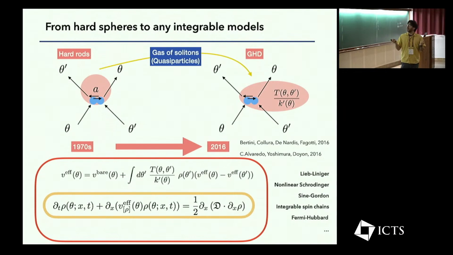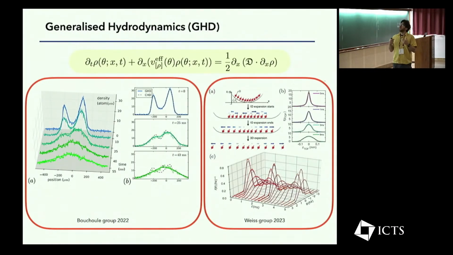So now this equation had a lot of applications and a lot of studies. Remarkably, experimentally, it's been verified in different settings, like the group of Isabelle Bouchoule in Paris, and the group of David Weiss. You really can probe, for example, in this case, how an initial density wave of atoms spreads in space. And you can check against the prediction of this equation, and you can really show the superiority of this equation compared to standard hydrodynamics,